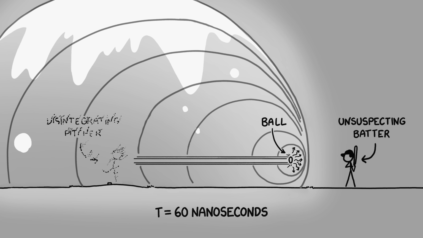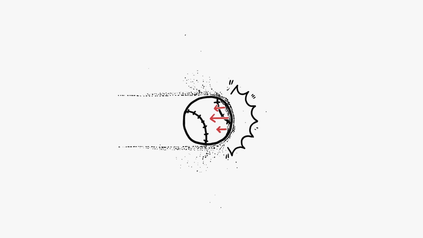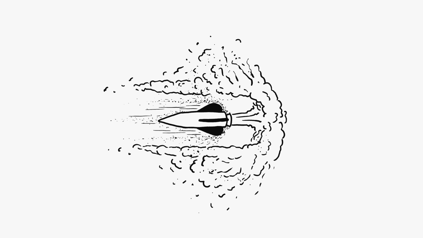The surface of the bubble approaches the batter at about the speed of light, only slightly ahead of the ball itself. The constant fusion at the front of the ball pushes back on it, slowing it down, as if the ball were a rocket flying tail first while firing nuclear fusion engines. Unfortunately, the ball is going so fast that even the tremendous force from this ongoing thermonuclear explosion barely slows it